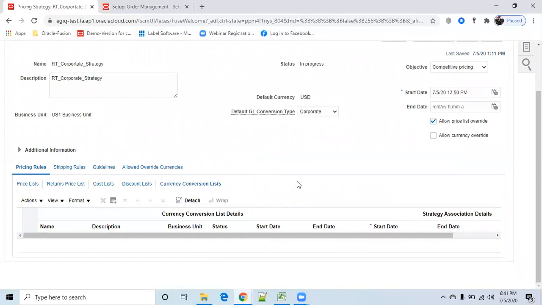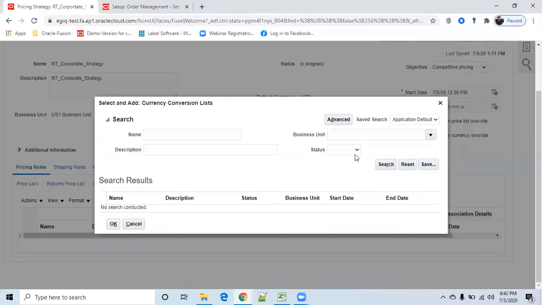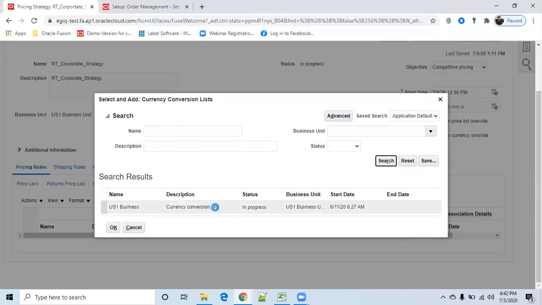So if you have any different conversions, how are we going to bring that? So we have not created anything here. So currency conversion US1 BU. So we'll see this one.